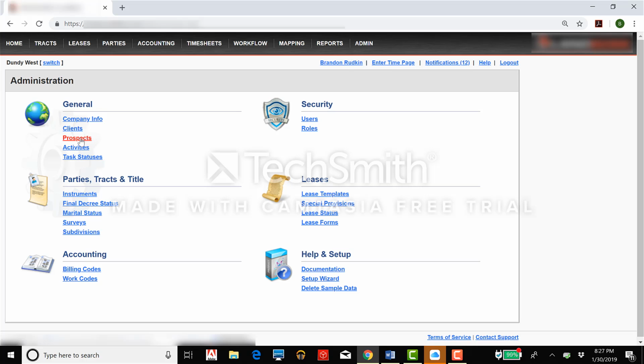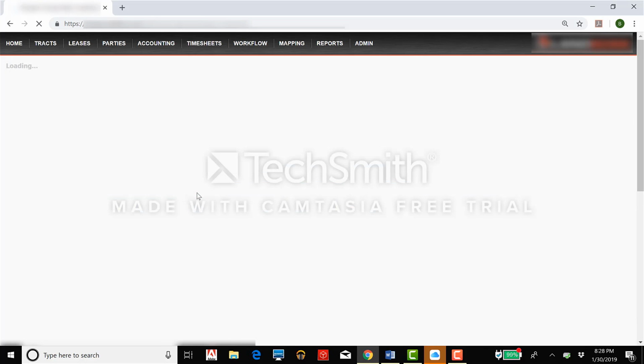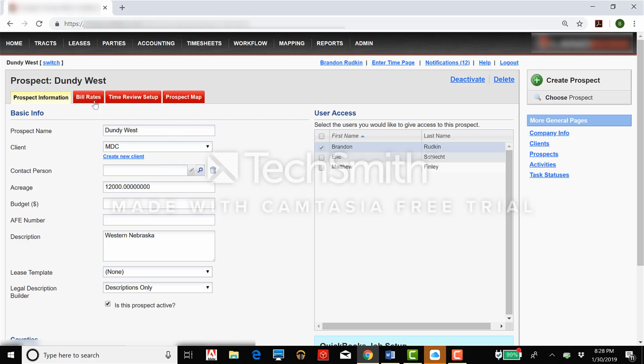So let's quickly look at the administrative side tab. Since I'm an administrator and I have administrative access permissions for the user role, I have the ability to create prospects. So we'll quickly look at prospects, and I can create a new prospect, or let me quickly click on one, and it will take us to the same page. If we would have clicked on this, it would have taken us here,